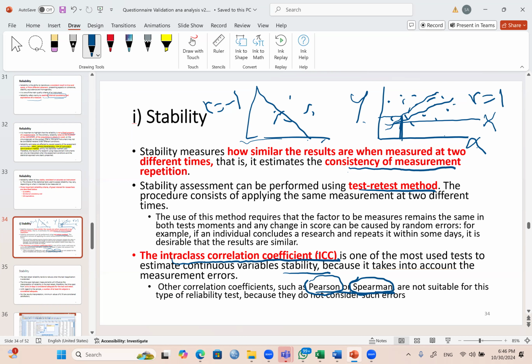I'm saying all this as a reminder and also to say that Pearson and Spearman correlations are not the correct methods when you are trying to quantify stability, when you are trying to assess the stability between raters at two different time points, when you are repeating the same test on the same population at two different points, or when you are comparing results from two observers on a numeric measure. Instead,